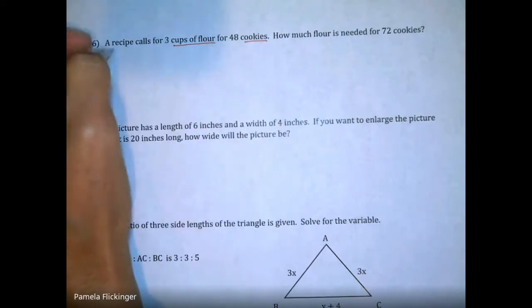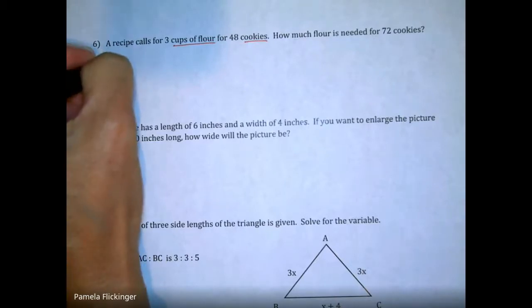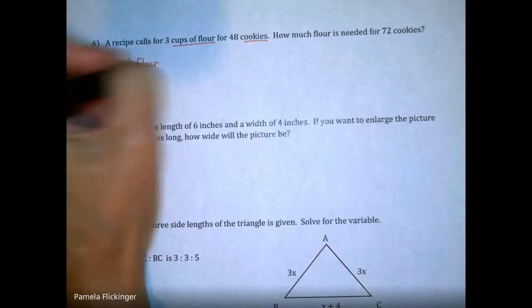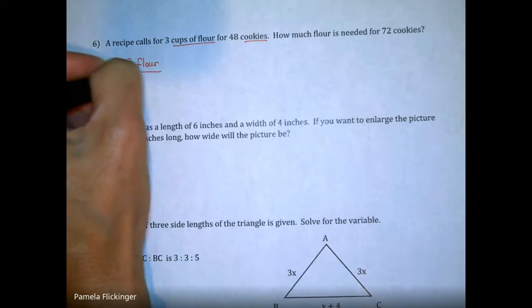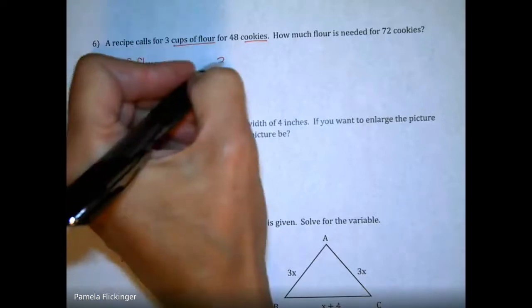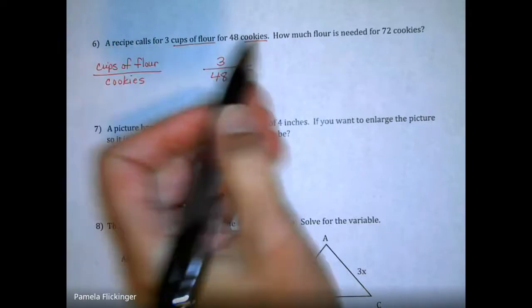So when you go to write your ratio, these are not going to be in the same unit, but you pick the order in which you're going to do it. Now, these are our notes, so I'm just writing over here. This is how I'm going to write all my ratios. It's always going to be cups of flour in my numerator over the number of cookies that correspond with it. So if I'm told that 3 cups of flour yields 48 cookies,